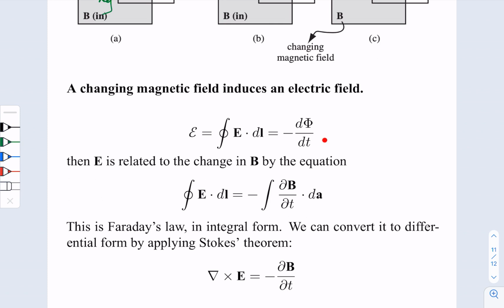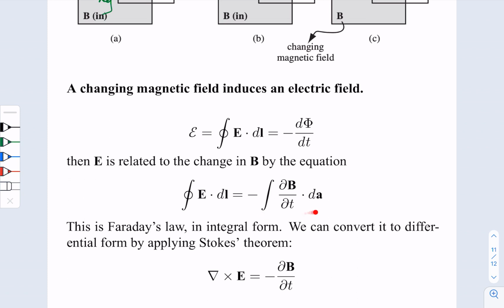If we assume this is correct, then we can derive one of Maxwell's differential equations very easily. So now we can rewrite the left-hand side, the total EMF, as the loop integral of E dot dl, and on the right-hand side, the flux is B dot dA. So if we write this out explicitly,